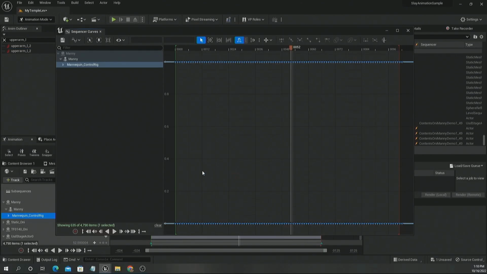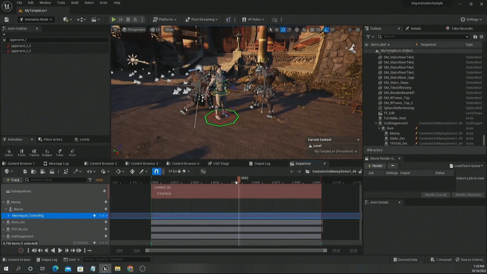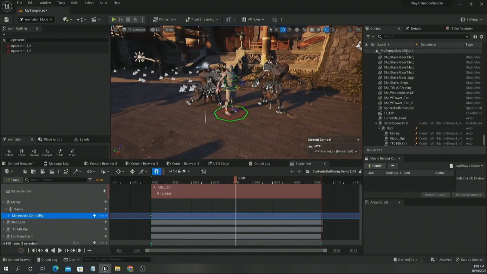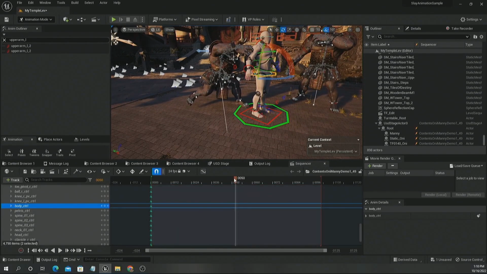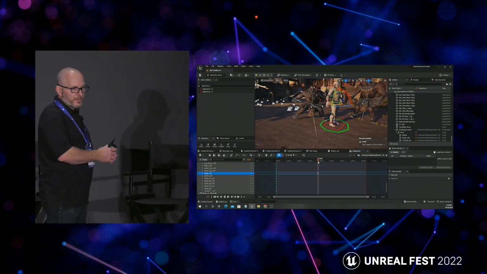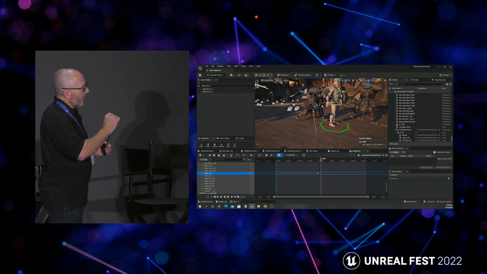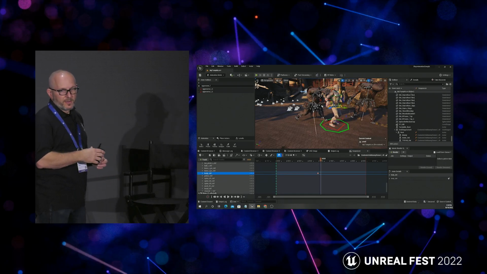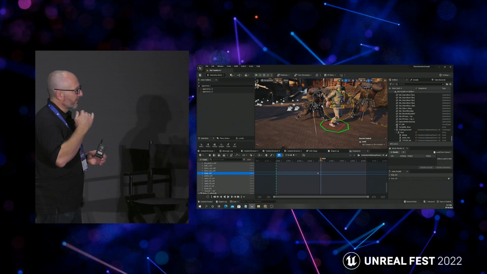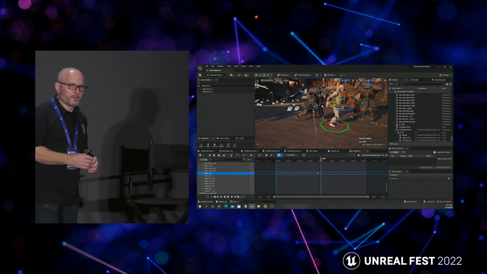So we're adding the animation control rig on this character. Now we can go in and start using IK and whatever other controls are in there for moving the character. And again, as we're making these edits, they're all ending up on the USD stage. It's just a matter of saving the USD file, and it will save the edits.